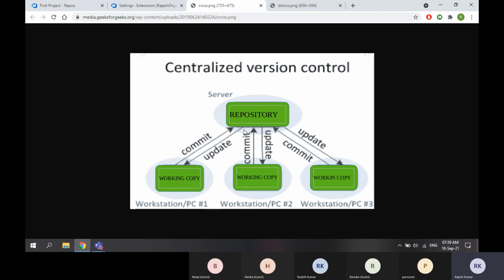That means if I have 10 developers in my team and there are 100 lines of code in the system, and I want to add the 101st or 102nd line, only one person at a time can access. The other person needs to wait until that person completes his work. Again, this is giving some problem. You need to work one by one. What about the other people?